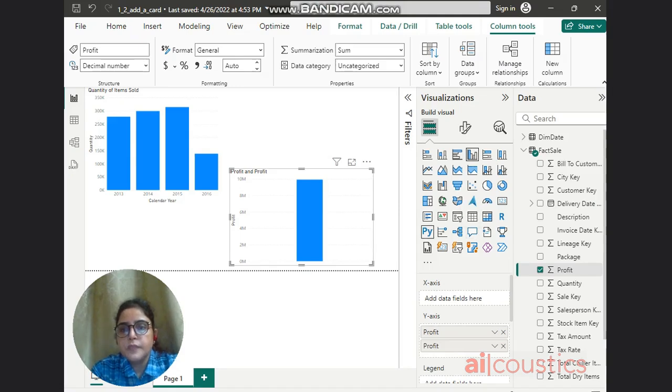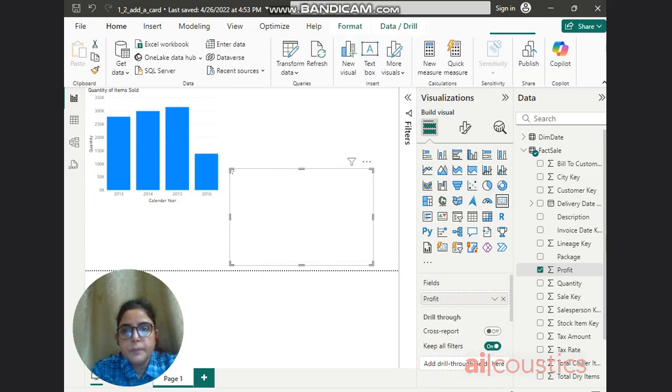So we select this bar chart, and then we select the card. So it will convert it into text. You see? We will resize it.